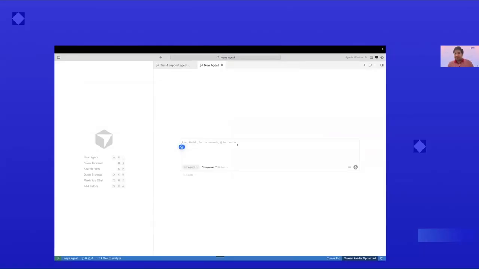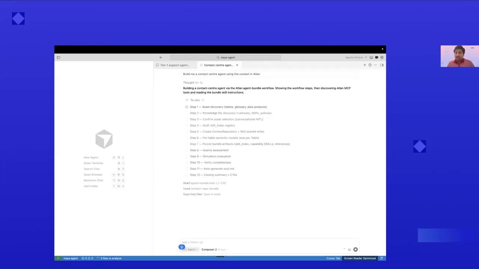In my Cursor workspace, I have integrated two MCP servers. The first MCP server is Atlan's MCP server, and the second MCP server is the agent framework that I'm using here, which is Claude Managed Agents. Now, all I need to do is paste in the prompt that I want to build. Now, what immediately starts happening is that because of all your enterprise context that lives in Atlan,